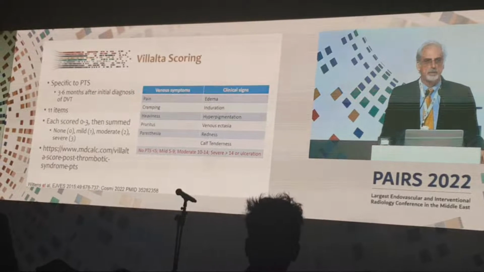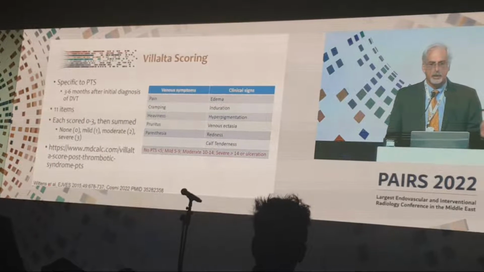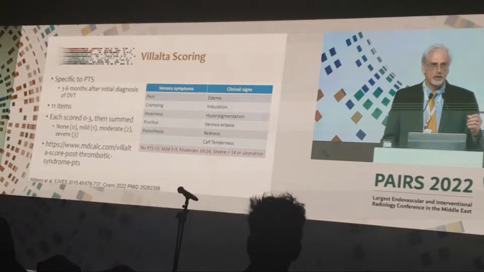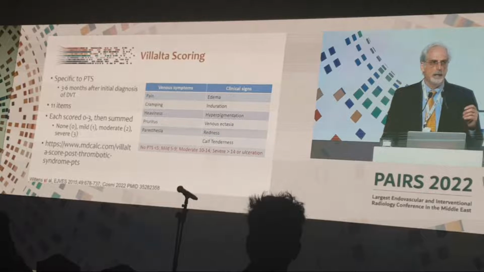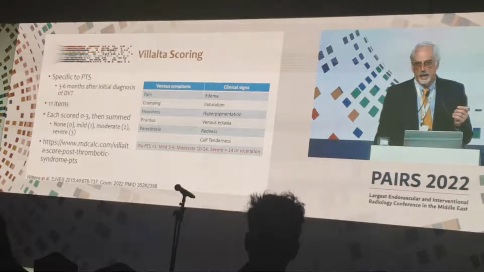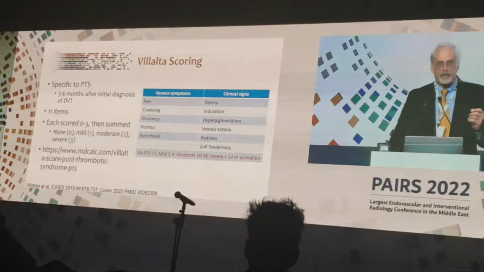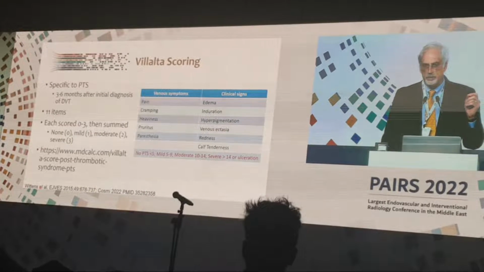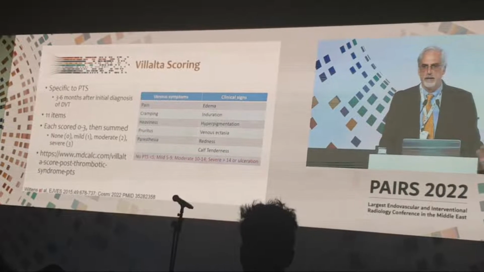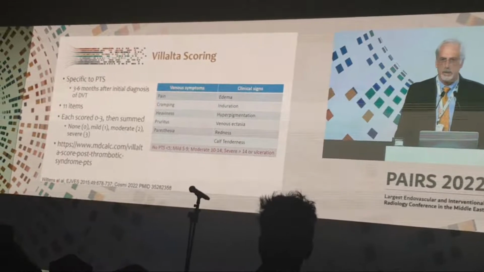There are 11 items. They're scored on a 0 to 3 scale, but they're relatively subjective. Very few of these are things that you can actually measure, and many of these require the patient to sort of give you an answer, a specific answer, and I'll just show you a patient where this becomes difficult. And you can go download this from MD-Calc and put it on your computer,